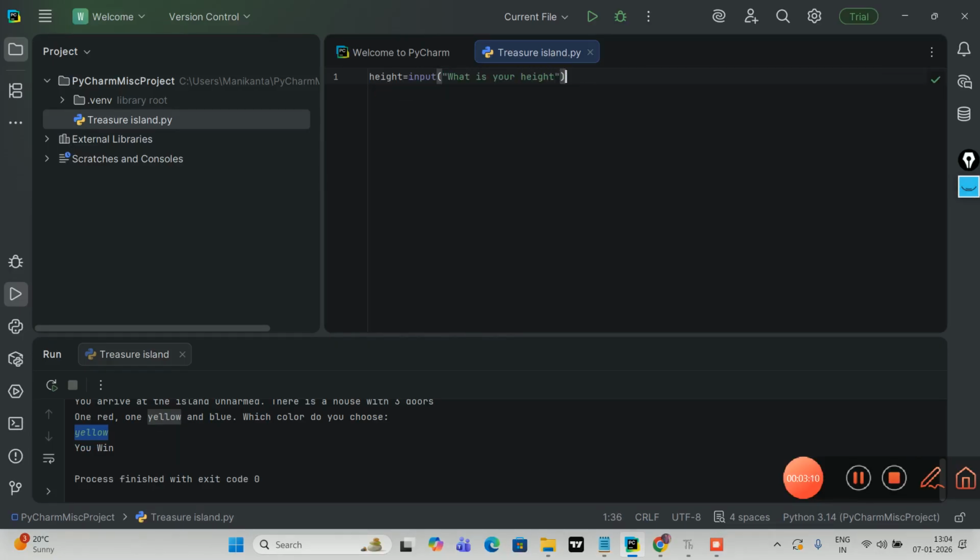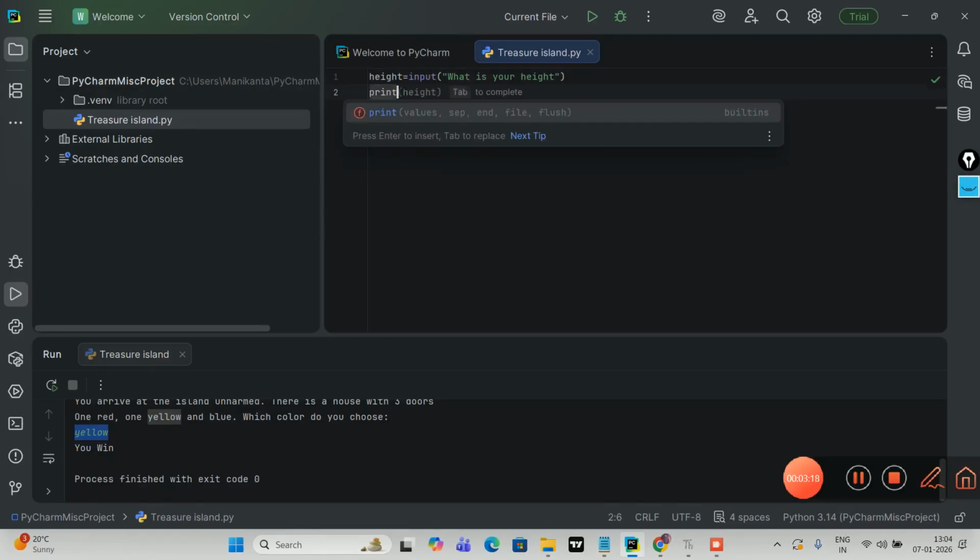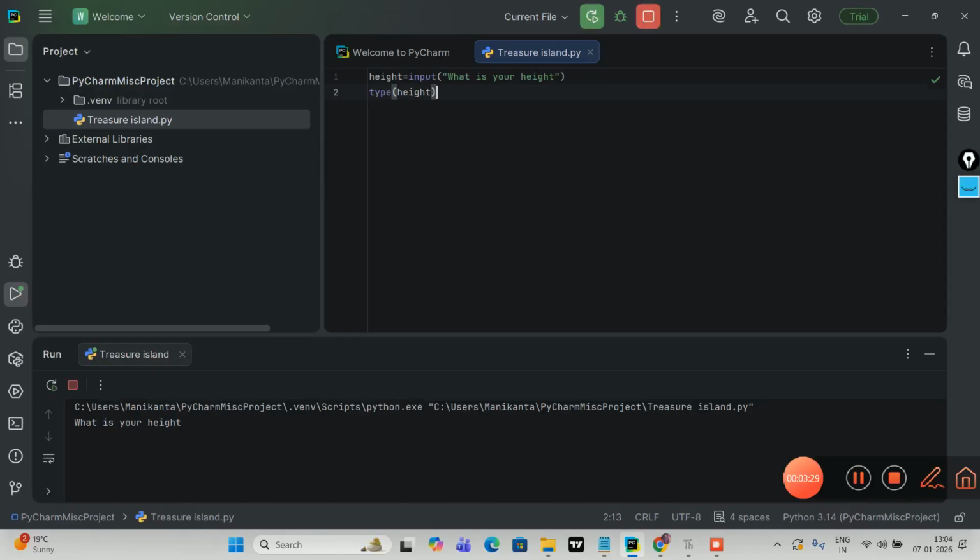This you already know, right? So what is your height? When I take this as an input, it comes as a string, isn't it? How do you get to know this comes as a string? You see here, type of height. What's the type of the height? And if I go like this,